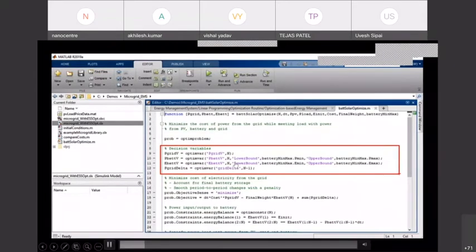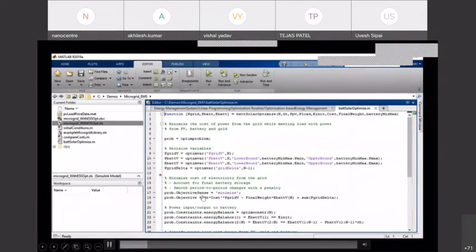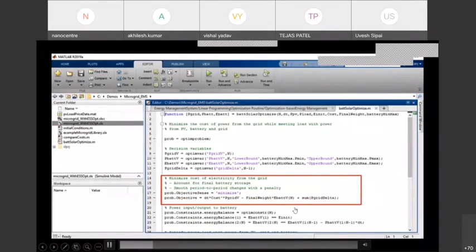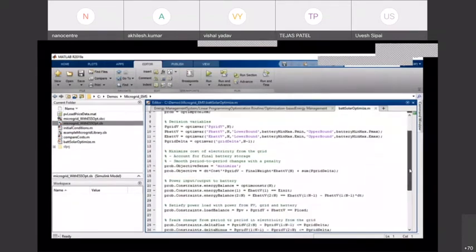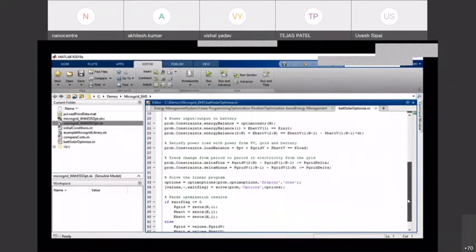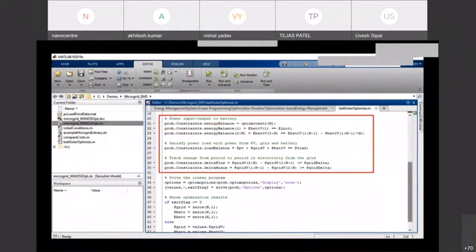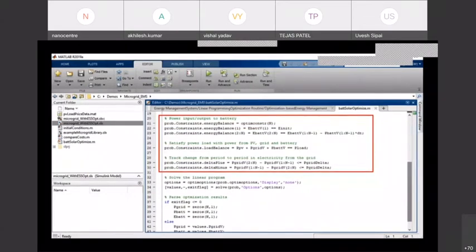Once these variables are created, we need to create an objective function. The objective function is the cost function. What is the cost function? That is the cost of the energy. To minimize the cost, we require the optimized parameters, meaning the power from the solar and the power from the grid.